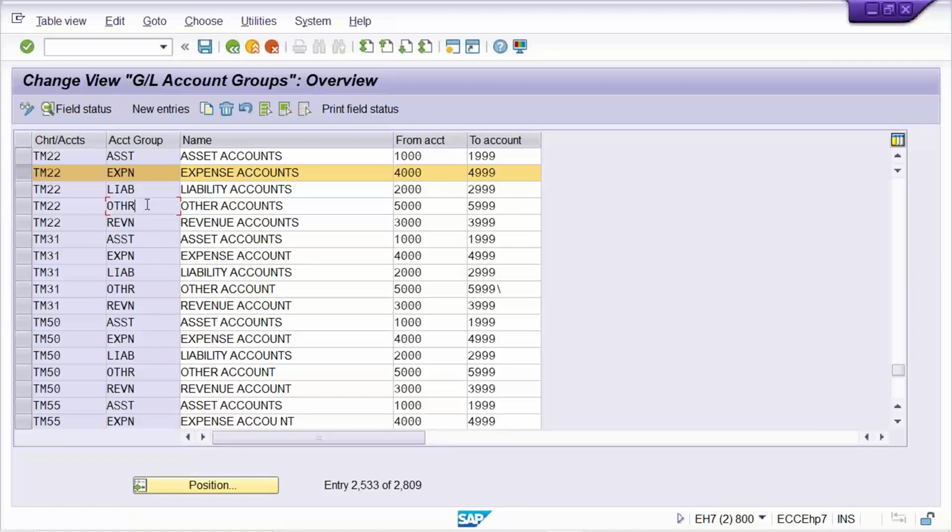like if I have to ask, okay, I'm going to set up the GL accounts, you tell us how many GL accounts are supposed to be set up. They'll say 1500 GL accounts. Then we have to say that when we set up these GL accounts, all the GLs are going to fall under certain categories. So you tell us how you are going to categorize the GL accounts. Those categories are called account groups here. We have to set up certain account groups, and under those account groups we are going to set up the GL accounts,